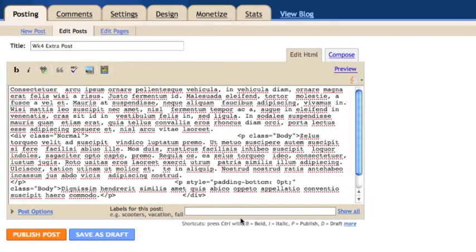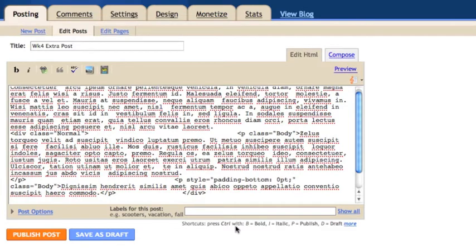Okay, one additional feature that you have available using Blogger is that you can use labels, which makes it a little bit easier to organize your blog posts. For example, what I would really like to encourage is that when you are posting, because if you look through a Blogger blog, it's just post after post after post. And sometimes things get out of order. One way to organize things is to use labels. So I just went ahead and put a label in there, and I could actually do another label called extra post or